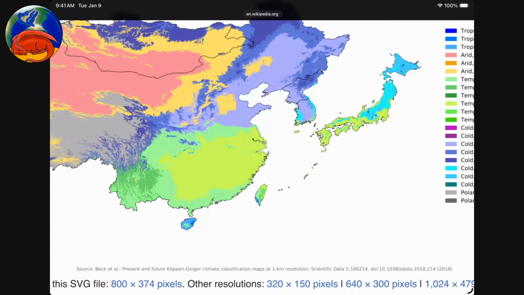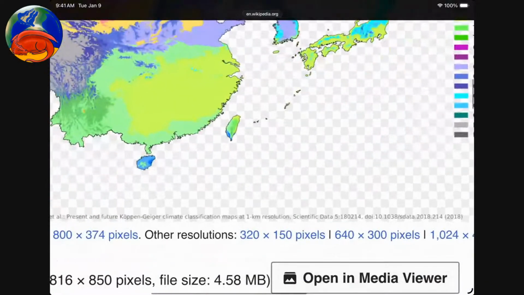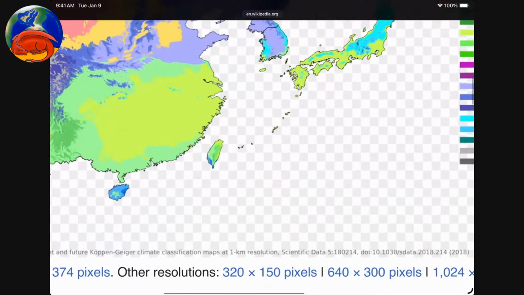You have low pressure systems moving along the western side of the Pacific, starting at the north and then moving south along the west coast. And that, as they move along from here down to here, cause storms and things which bring moisture into the